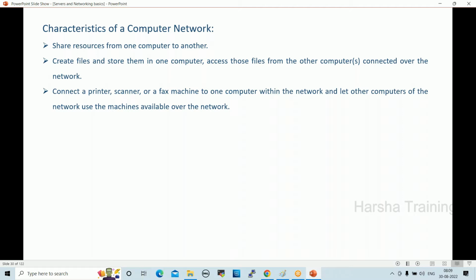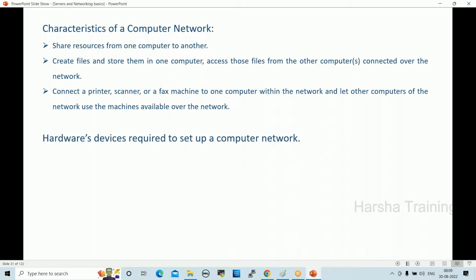So when we use network printers, network channels, what will happen? What are the advantages here? Costing will be reduced, cost saving. Instead of configuring one printer on every floor, only one printer we can configure as a network printer in the school, so that everyone can print the documents. Due to that, costing will be saved, right?